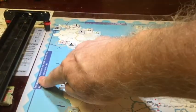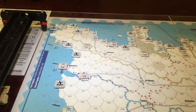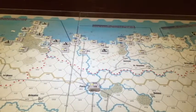Likewise, these boxes describe how many units can land, how many steps of units can land. And of course, the farther away you get from England, the fewer steps that can land. So there's trade-offs there as well. So let me take a look at this and make the big momentous decision as to where to begin the